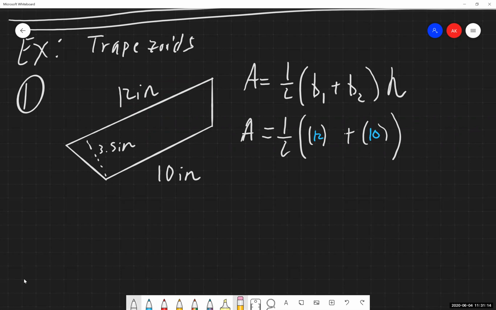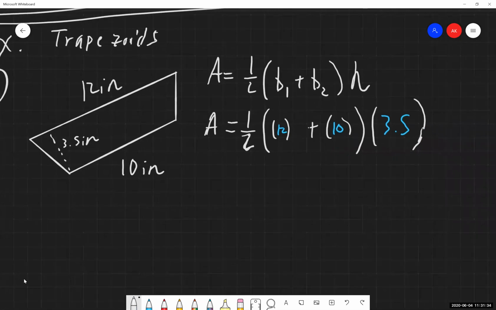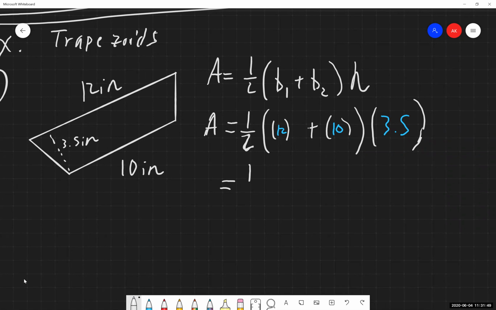And we have also been given the height, again that distance that we have right here. So I can plug 3.5 in for the height. And now I can evaluate and simplify this thing using PEMDAS. So again, big portion of it, this is the new material as it were. Identifying the bases and heights, plugging those things in correctly, and then now we can just apply a calculator, apply PEMDAS, and we're just simplifying.